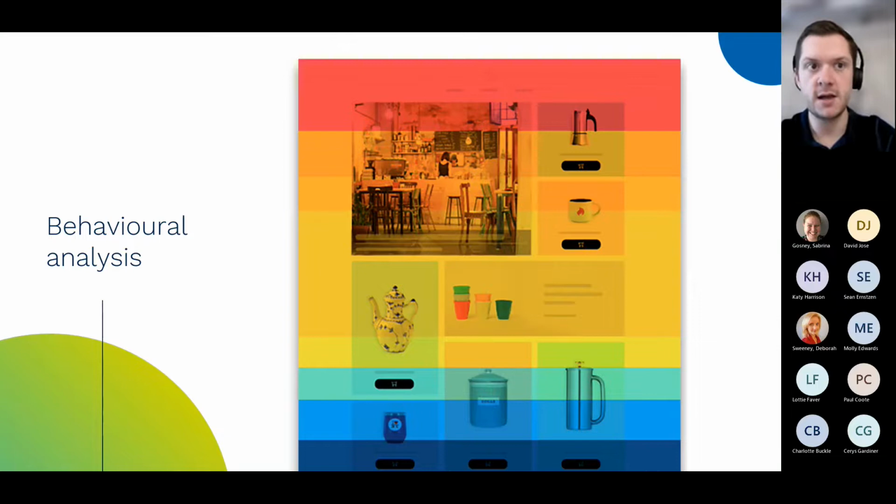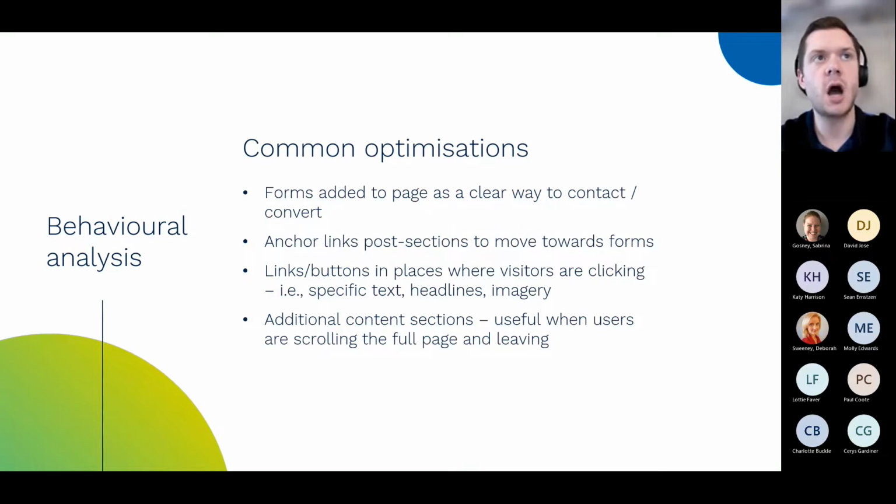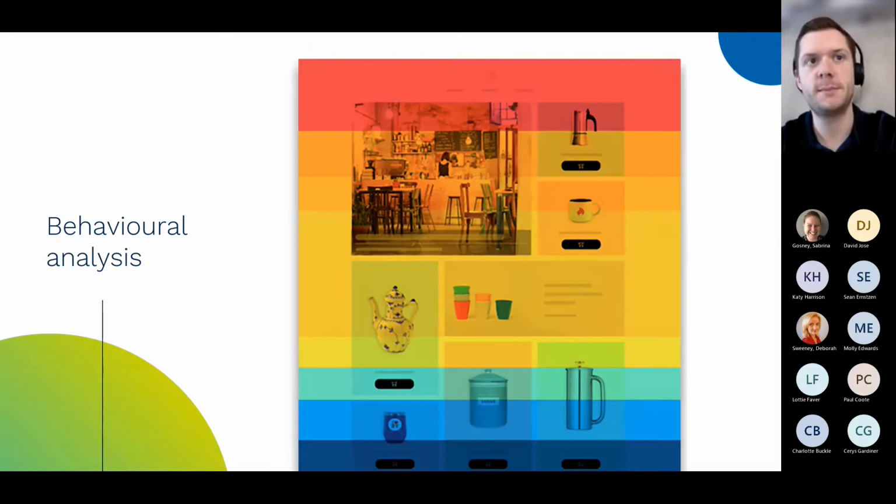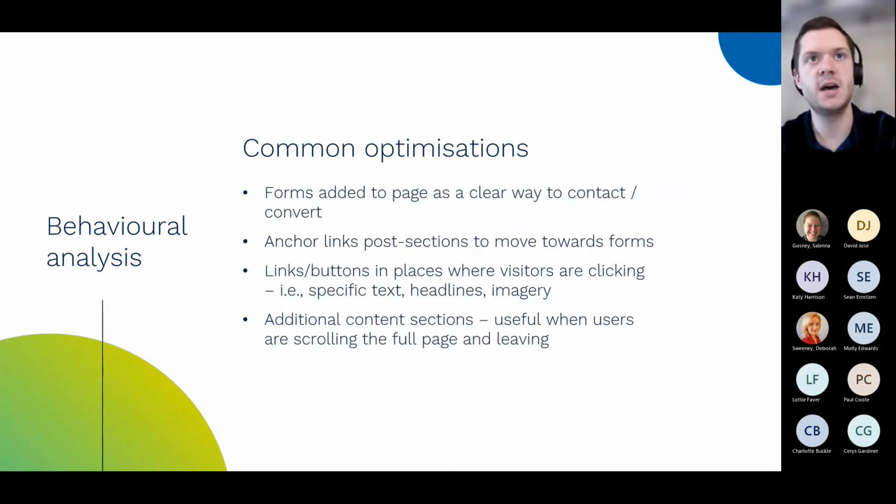And then let's start to monitor the user journey in the Hotjar recordings and the heat maps off the back of that as well. Because if we're hiding our key case studies, our stats, our Trustpilot reviews and that sort of stuff near the bottom, but actually we want people to see them, we need to move them to the top of the fold. Some of the common optimizations people make as a result of watching the recordings, seeing the heat maps and looking at the scroll is that by adding forms to pages, we can give a really clear way for people to convert and get in touch.